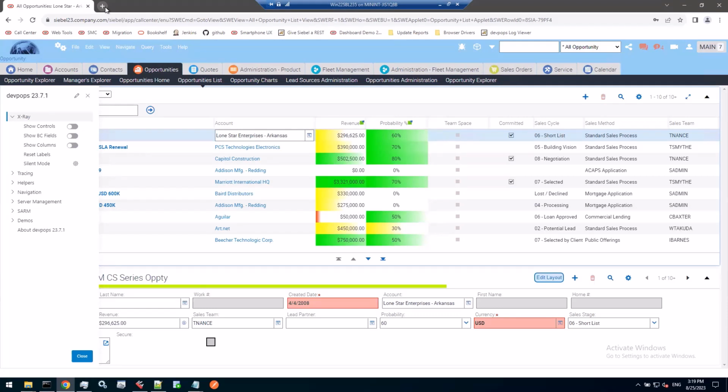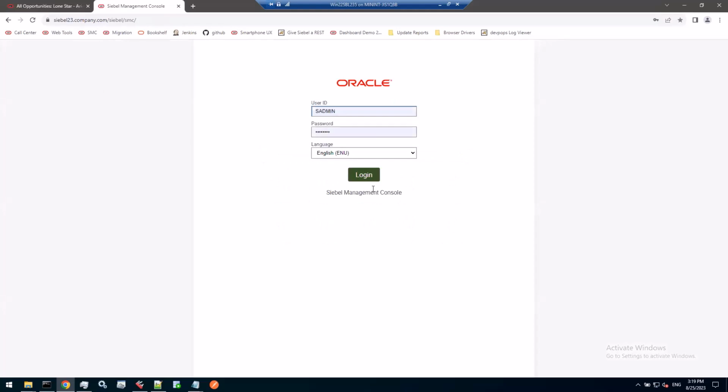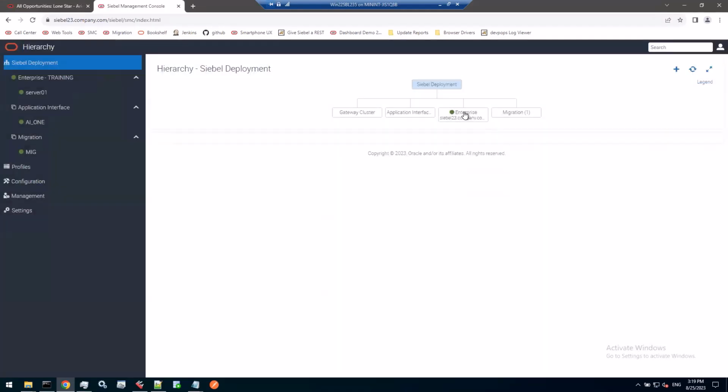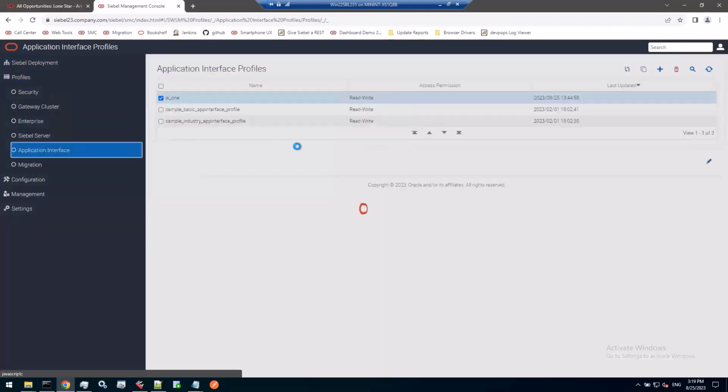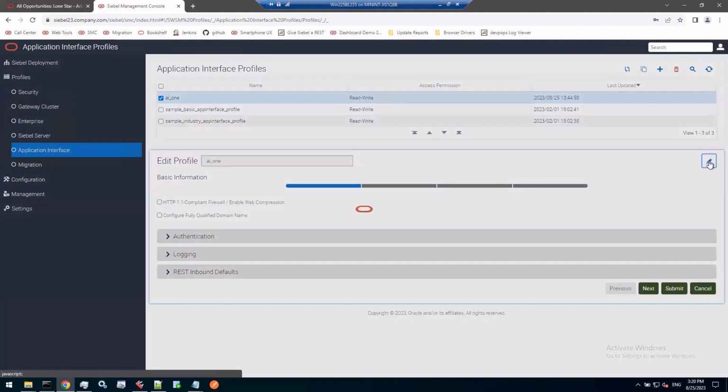And that Cloud Gateway REST API is used by an application we all know, the Siebel Management Console. So whenever you see data like this, or you go to a profile like the application interface profiles, there are REST calls being made. You can visualize them in the browser developer tools. For example, you would go to the AI profile, or the administrator of that customer does it, and go to the logging area,